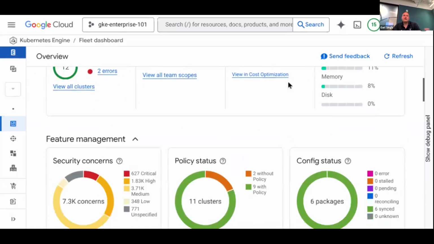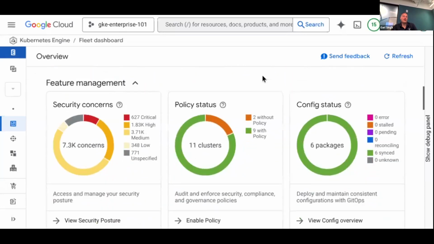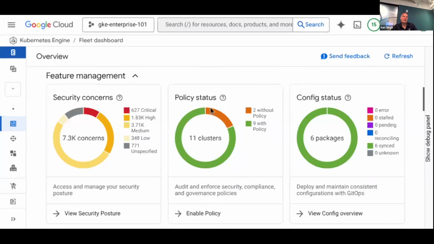We're going to cover some of the core features, so we're going to talk a little bit about policy. We have a couple of other interesting features as part of the platform. One of them is the security features, which is kind of cool. We basically have a couple of things in there. One is workload misconfigurations. We have a set of best practices